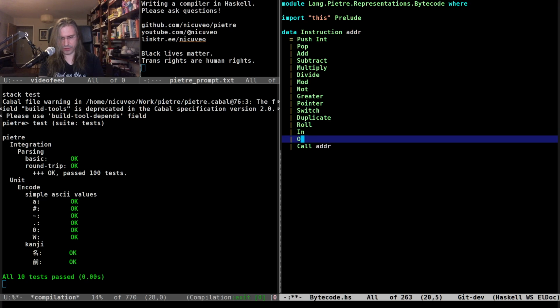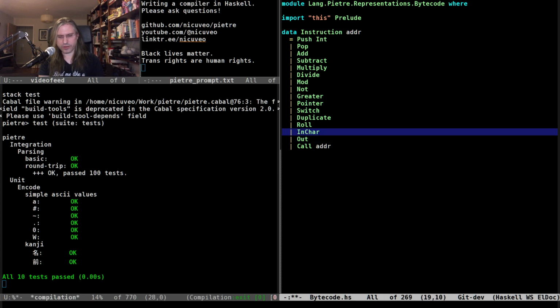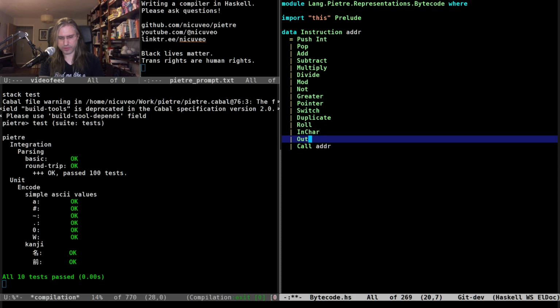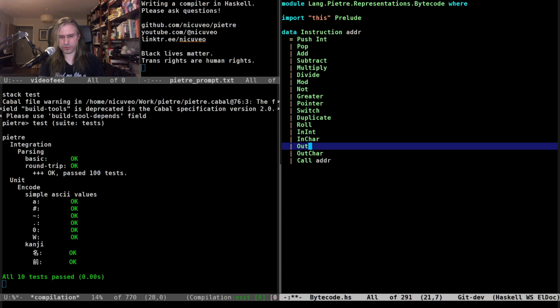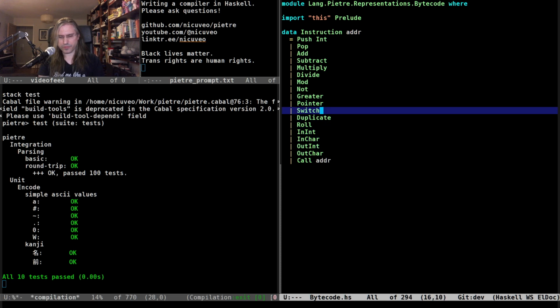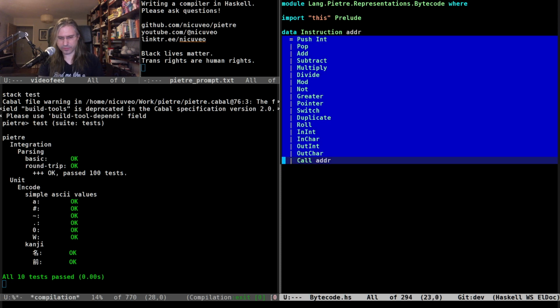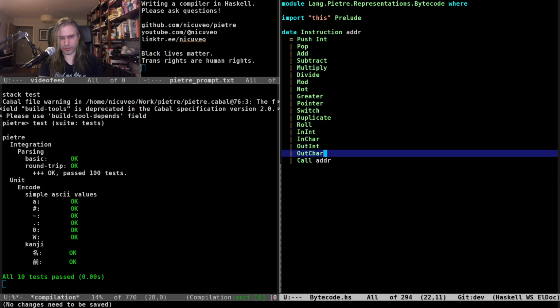In and out: actually, there's two ins, two outs, so I should probably differentiate them. So in character, out character, and in int, out int. How many instructions is that? At 17, so that's correct.